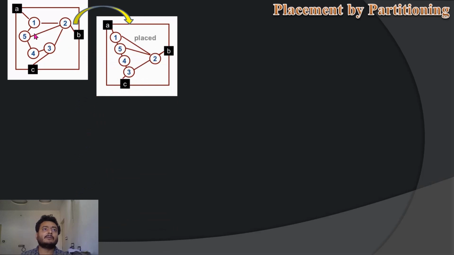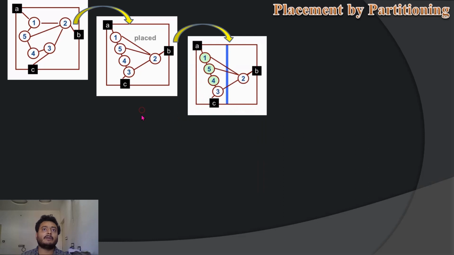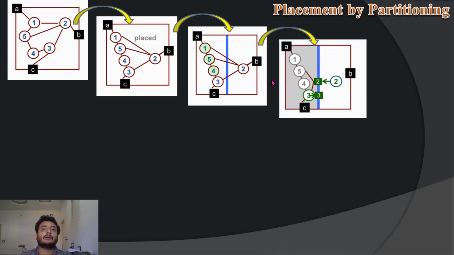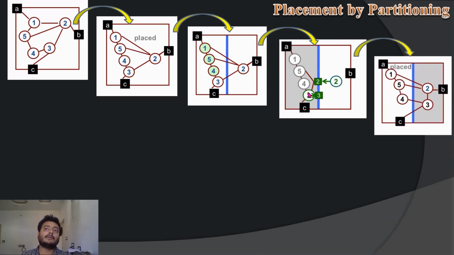Next we'll go for a random placement first. Okay, the algorithm will place first like this. And now the partitioning means it's going to perform a vertical partition like this. Then you will analyze the interconnections from one partition to another partition, and do iterations on which one should be moved, whether 2 should be moved back here, or 3 should be coming here, something like that. This analysis will happen, and finally it will move your 3 to the right side of the partition.